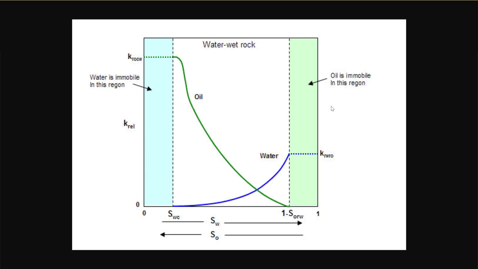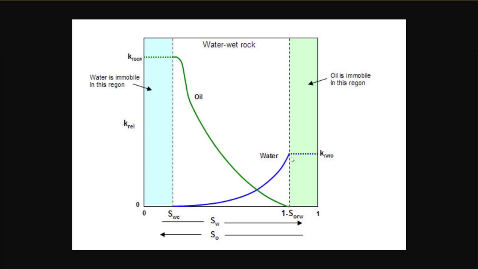This is typically something you would get back from a core report where they've gone through and measured the relative permeability of, in this case, oil to water at varying water saturations. So what you're seeing here is that when you are at low water saturations, the oil has a very high relative permeability compared to water. And as you increase water saturation, decrease hydrocarbon saturation, the relative permeability of oil will decrease and the relative permeability